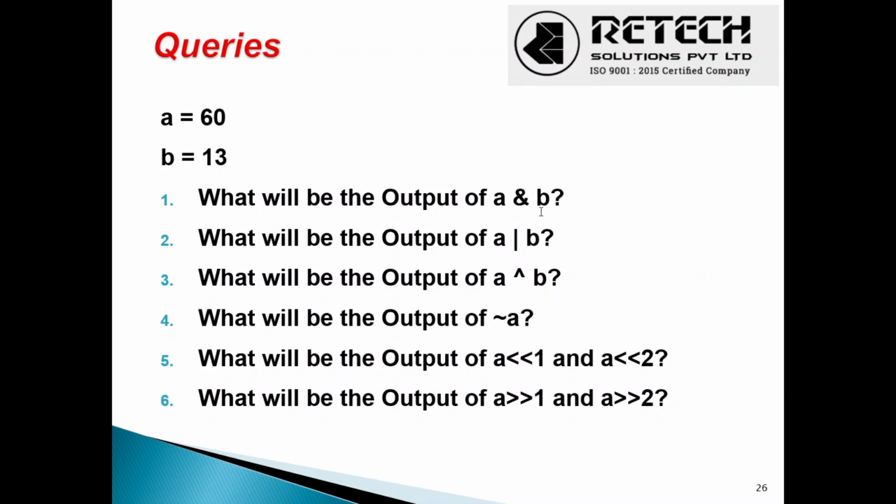This is the bitwise number of 30. We have 60, which we got as 0 0 1 1 1 1 0 0, and for 30 we got 0 1 1 1 1 0 0. We are going to compare these two. We will change the value of B as per our slide.